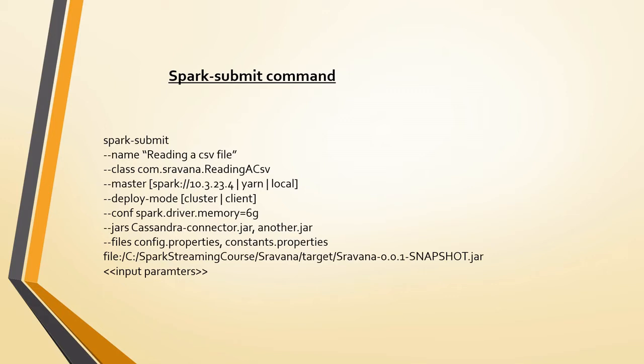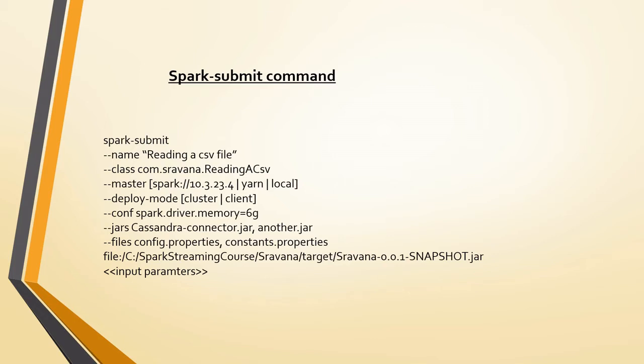Along with that, here we have spark.driver.memory 6G that I mentioned, right? Another way of mentioning it is through direct parameters like hyphen executor memory, hyphen driver memory, hyphen num executors, etc. All these memory parameters can also be sent like this to the Spark submit command. And whatever you mention in the Spark submit command will override the rest. Even if you have mentioned any memory or app name or any of the settings in the code, first it will consider whatever you are sending in the Spark submit only, okay?